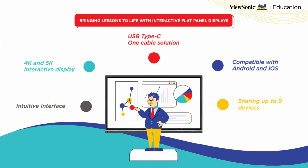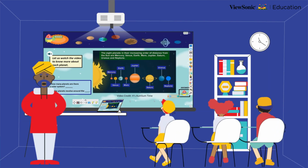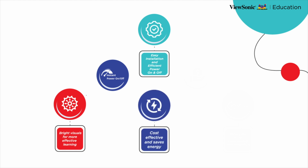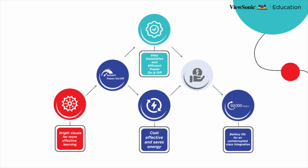iOS, sharing up to 9 devices, Luminous Superior Series Projectors with easy installation and efficient power on and off, bright visuals for more effective learning, cost-effective and saves energy with up to 60,000 hours of battery life for an uninterrupted